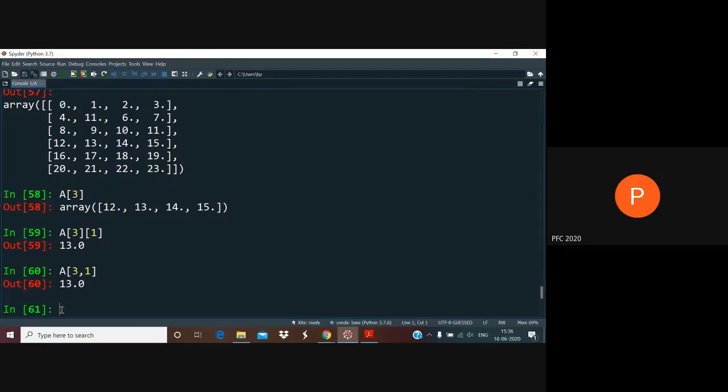So the way in which you access elements in a multidimensional array is that the indices are usually separated by commas. Here you have a 2D array. You would write this as A[i, j]. You could have also written A[i][j], but that's actually not the preferred method. That's slower as well.